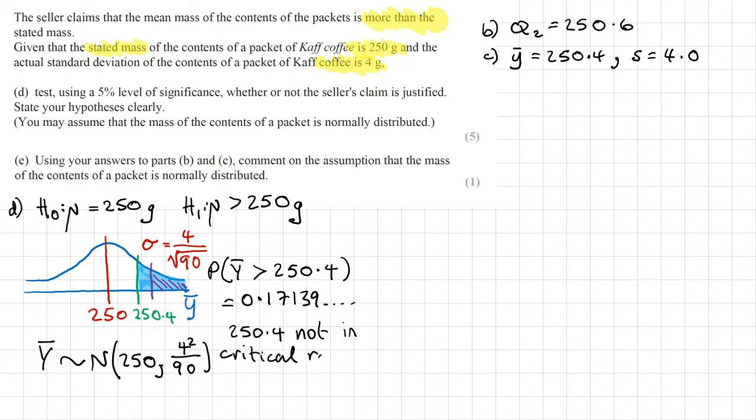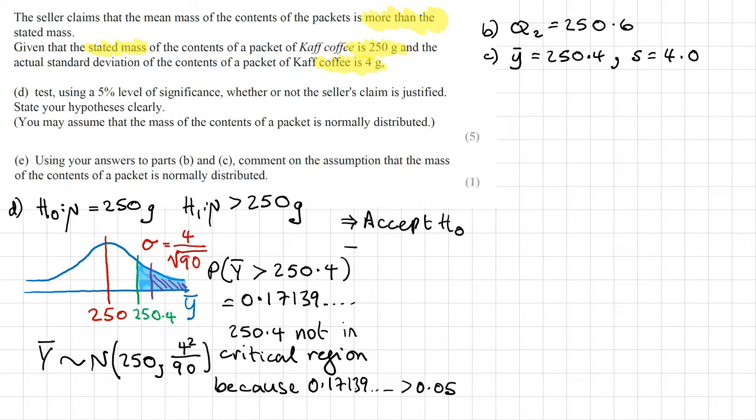And why is it not in the critical region? Because our area, and we need to state this, 0.17139 and so on is greater than our 5%. So if it's not in a critical region, that means that we accept H0,